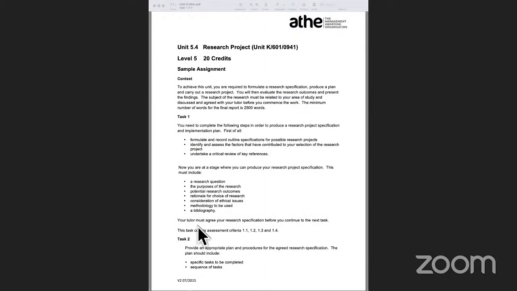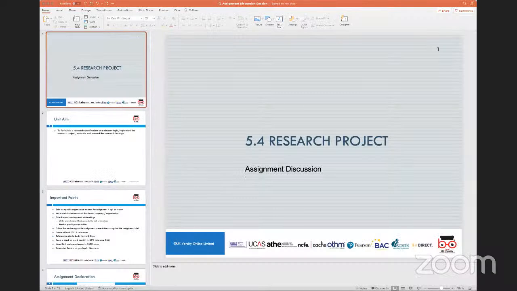And what they've done is they've basically broken down these tasks into recognizable chunks which relate directly to the assessment criteria and the coverage that we've done in the discussion of the learning outcome presentations. Now, for the purposes of our discussion, what I've done is I've primarily converted this, copied and pasted, and obviously gleaned some of the main points of the assignment brief into a presentation. And this is what we are going to be looking at discussing in today's session, which is the assignment discussion